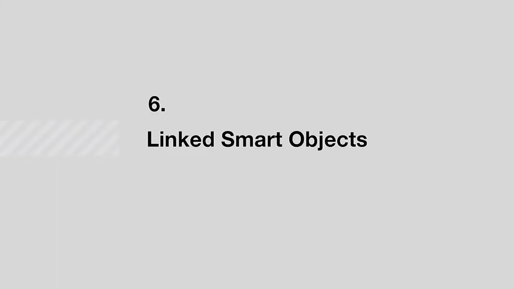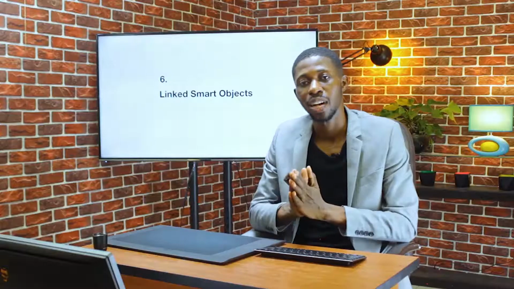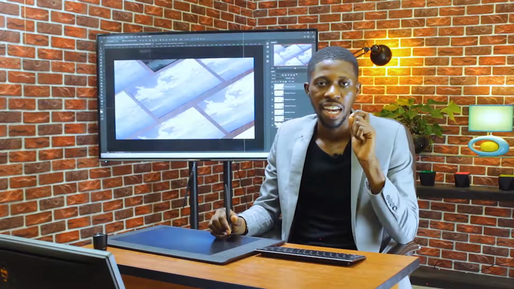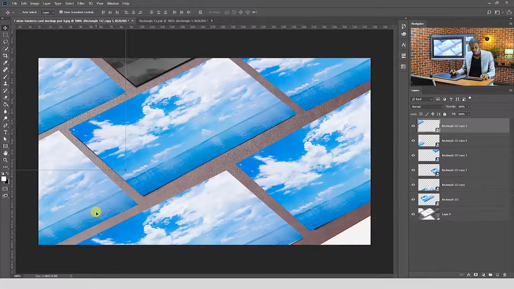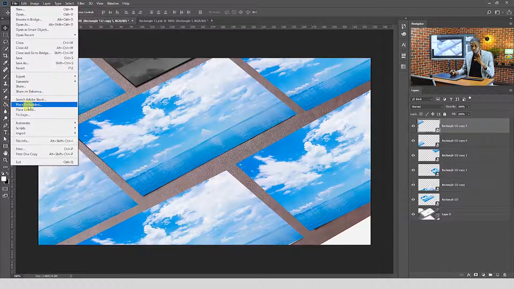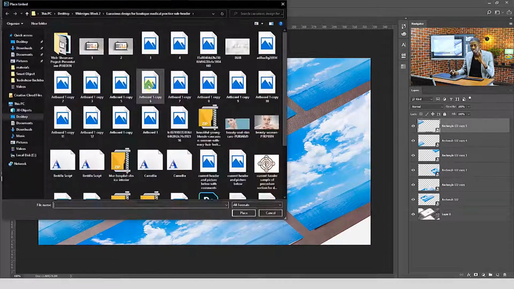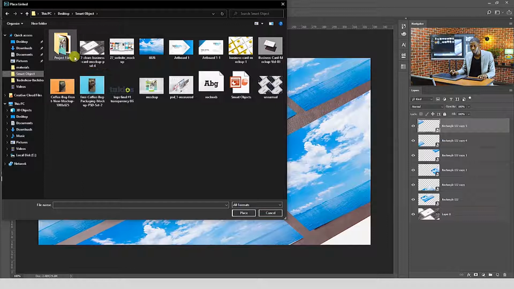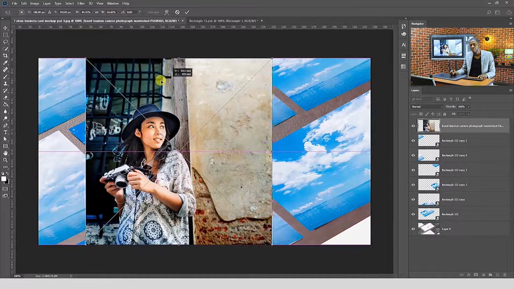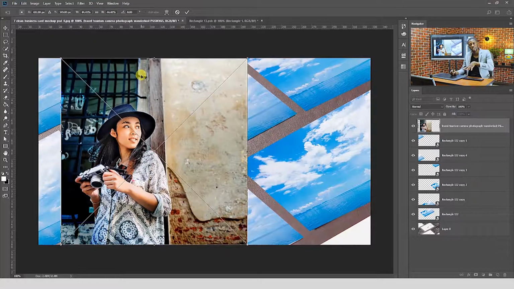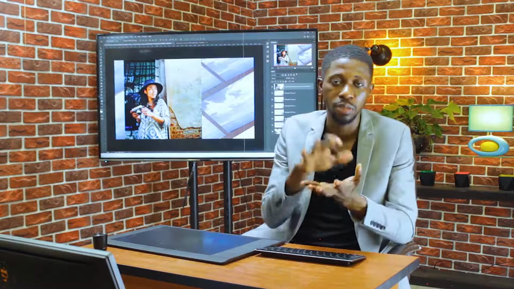The sixth is link smart object. Now, link smart object has two basic uses. One is it helps you save the file size. Let me show you how. Assuming we bring an image in, to actually access this, you have to go to File and you go to Place Link. If you go to the Place Link, in the project files, you have some images over here, and we're going to bring one of these images over here. Because of the way we place this image, we place this as a link, and this helps us reduce the